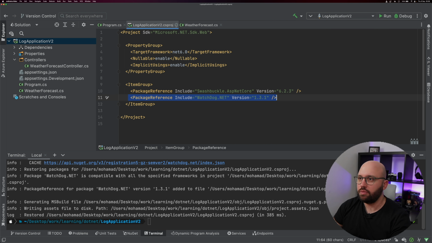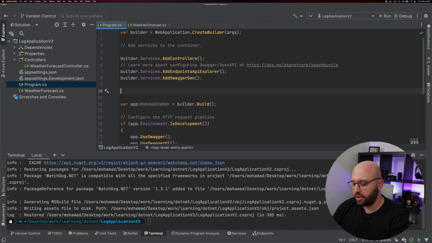Great. So once we have added this, the next step is basically we need to enable this inside our program.cs, which is going to be the startup class. So let's open program.cs, and before we have the builder.build, what we need to do is add this part of the building process. So it has to be here, and it's going to be